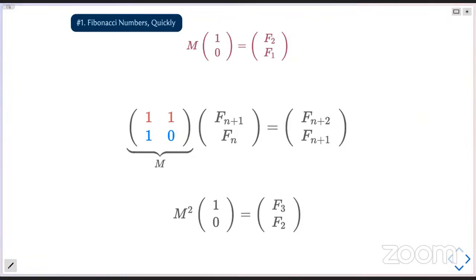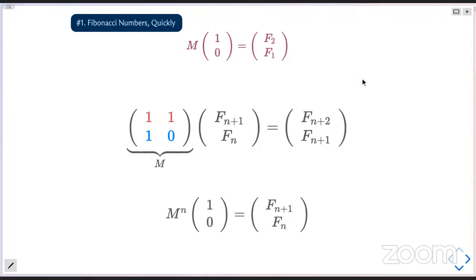Yeah, it will be the matrix M^n times the column vector 1, 0. Oh, absolutely. Yes, right. And we have that in the chat as well. So that's going to be M raised to N applied to 1, 0. And that's going to take us to Fn plus 1, Fn. And I hope that that's kind of clear from the way these operations pan out.